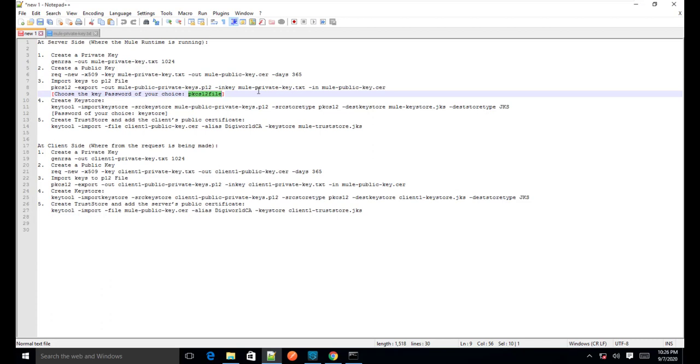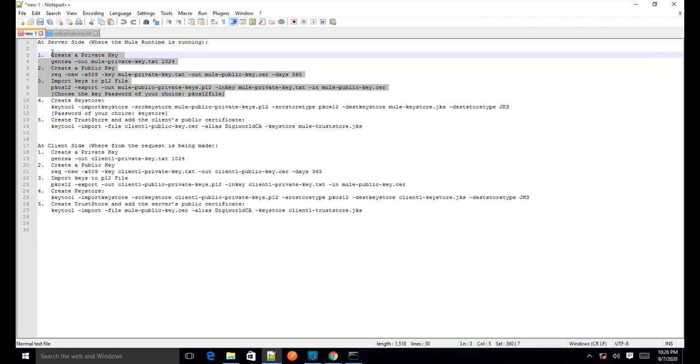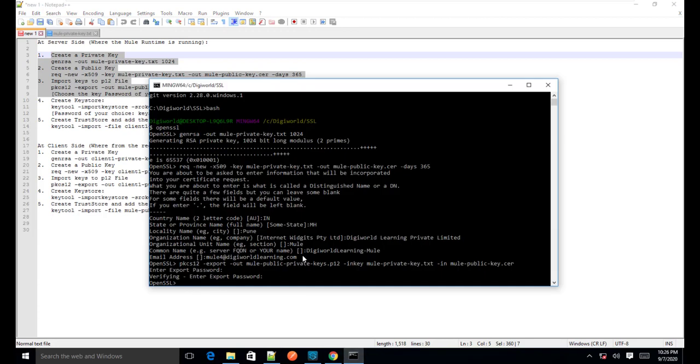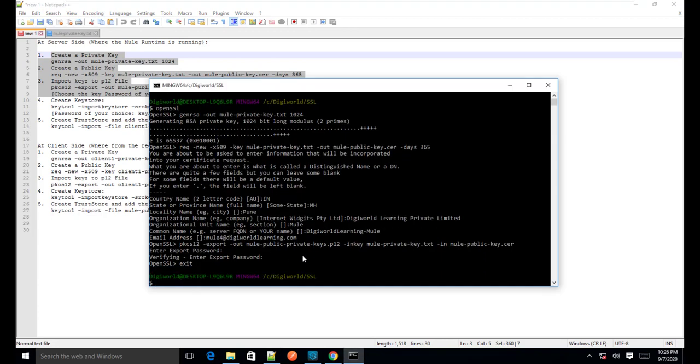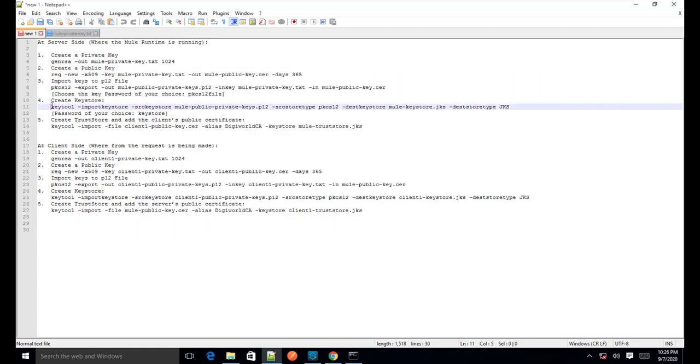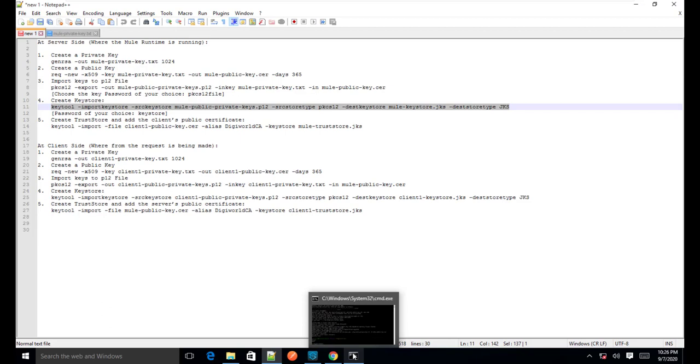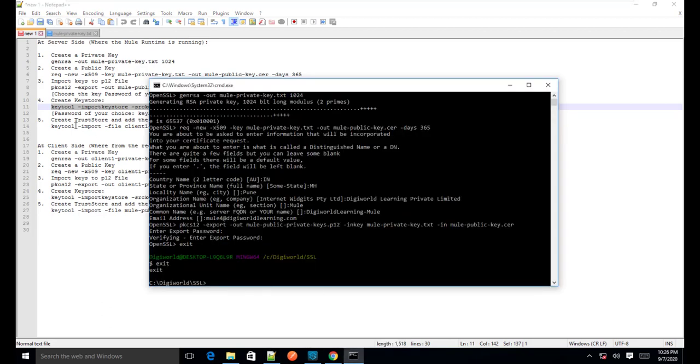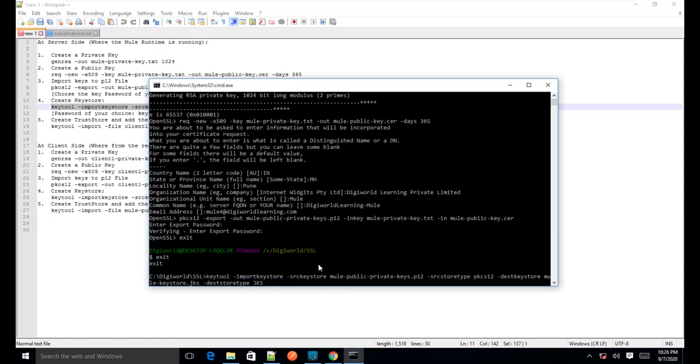Now that certificate signing and other things, those private key, public key, these things are actually done. So what we will do, we will just exit from OpenSSL, and also we will exit from the bash. Okay, now we will use keytool. This is already provided with Java. So the Java JRE has this keytool, and I have my Java bin folder mentioned in the path variable of my system. That's the reason I would be able to call this keytool from anywhere.